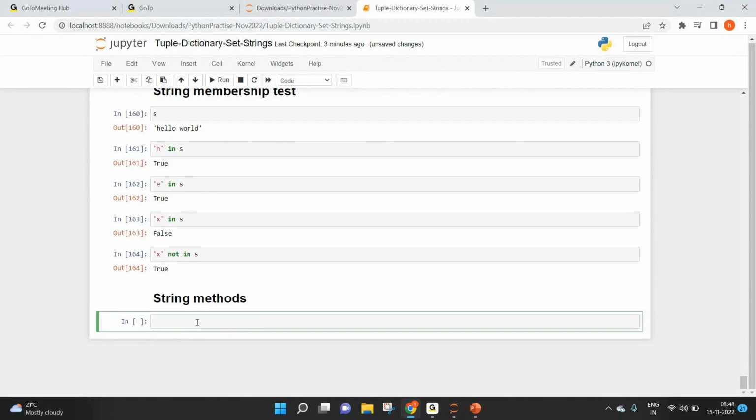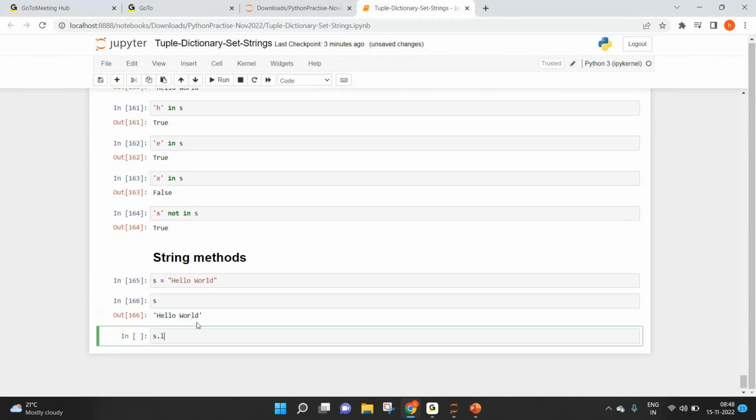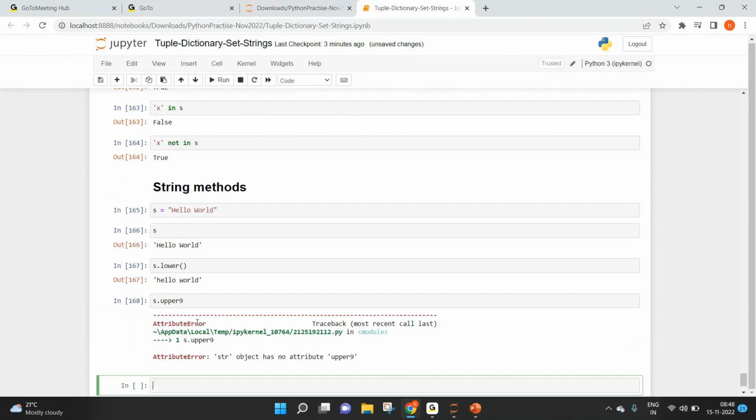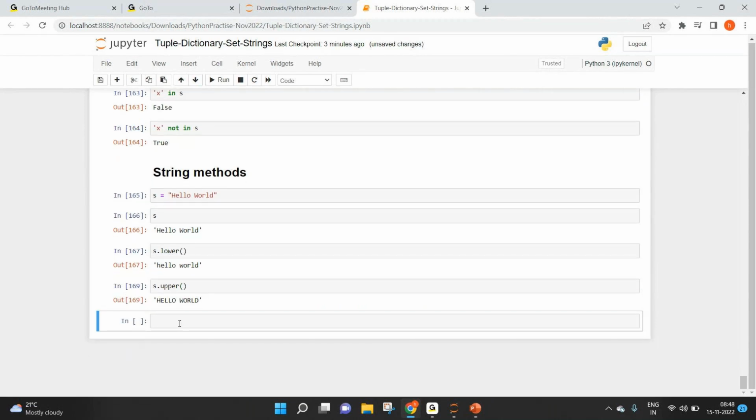String methods is nothing but, let's say I have a string hello world. Now to convert everything to lowercase, just say s dot lower. That will convert everything to lowercase. s dot upper will convert everything to uppercase, right? Now if you say s dot split based on space, that's going to give you a list,